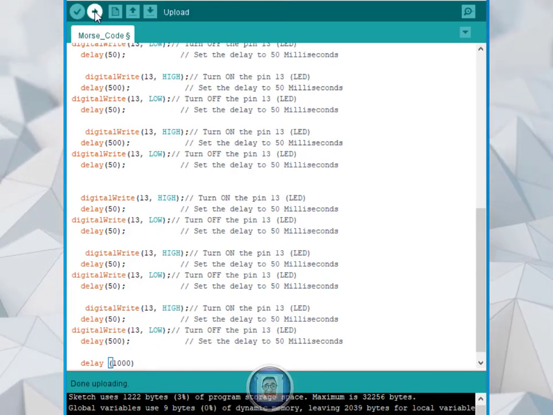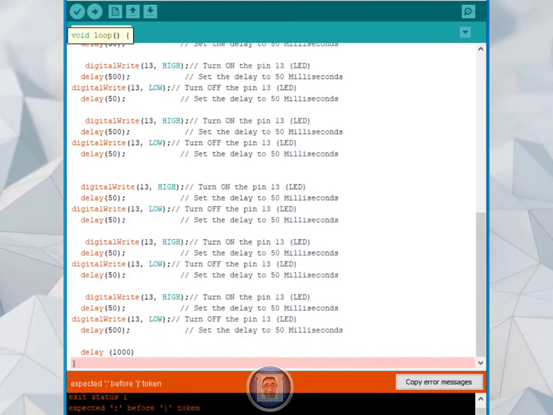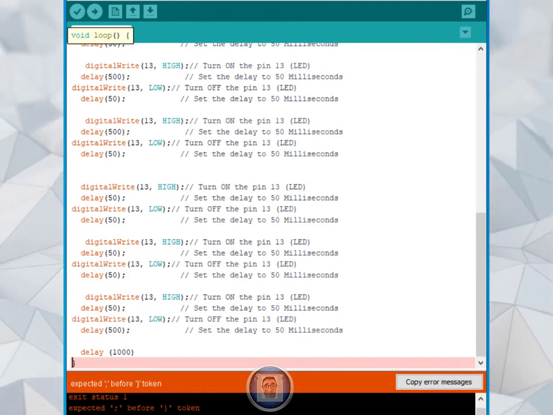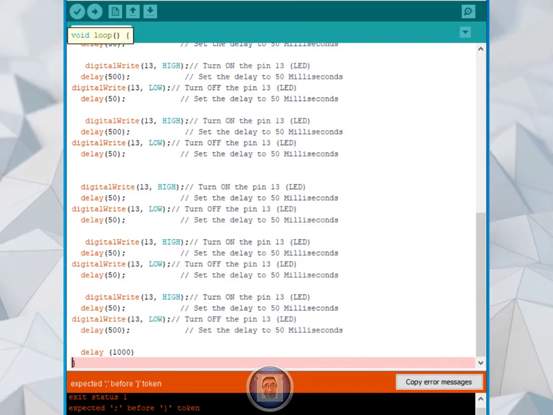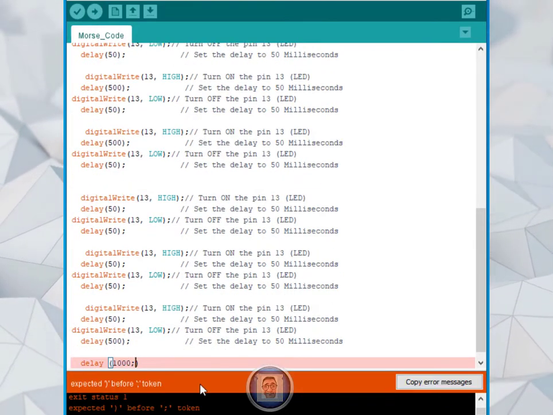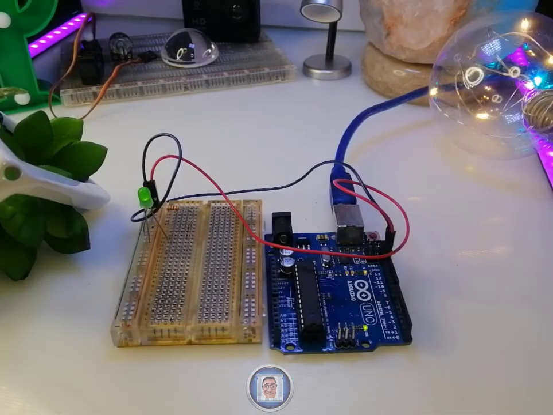So let's upload that, and oh, you see, it expects a semicolon before the exit token, which is this one here. All right, so let's put it in and upload that right away. As expected, upload successful, and now you can see clearly there is a separation between them, but still there is something